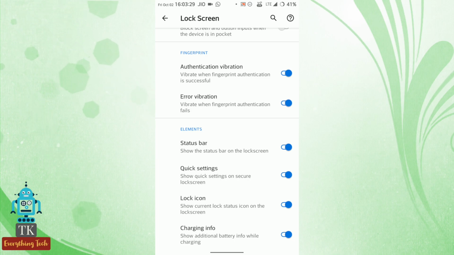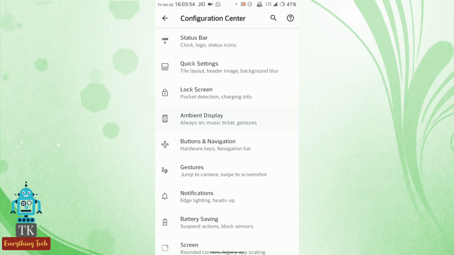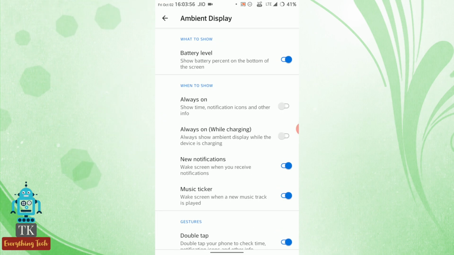This ROM does not have that. But fear not, this ROM has no lock screen bug. Yes, folks, this ROM has no lock screen bug. Going to ambient display, we can show battery level, always on. Well, folks, our device does not have OLED display, so I do not recommend using the always on feature, but